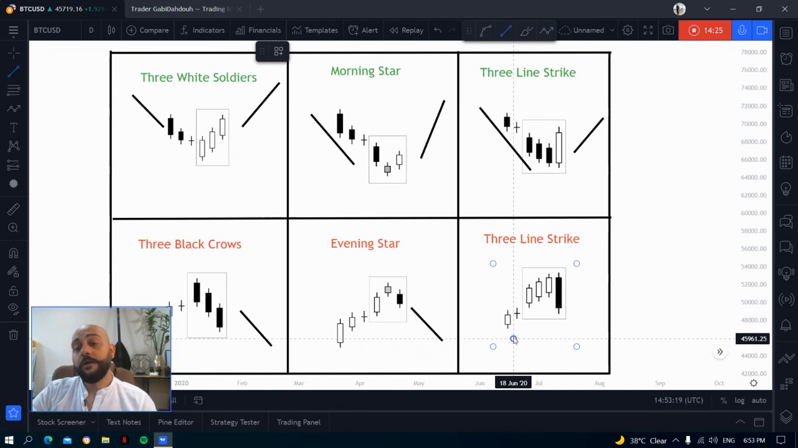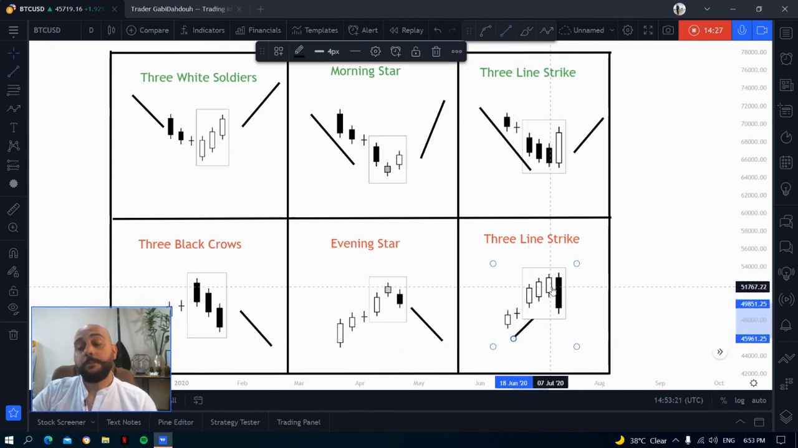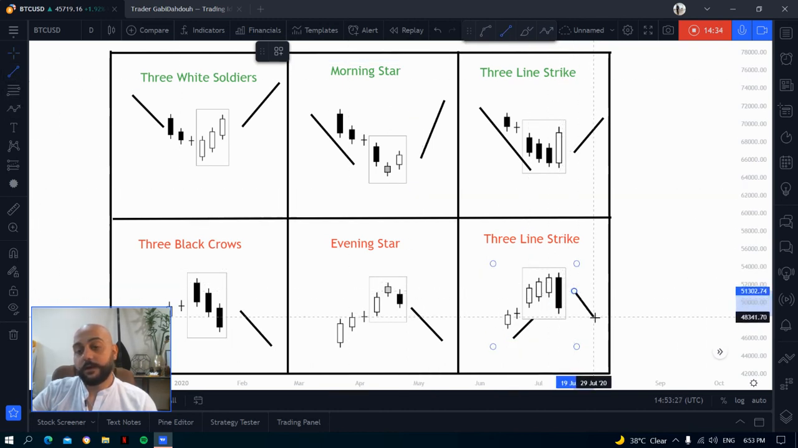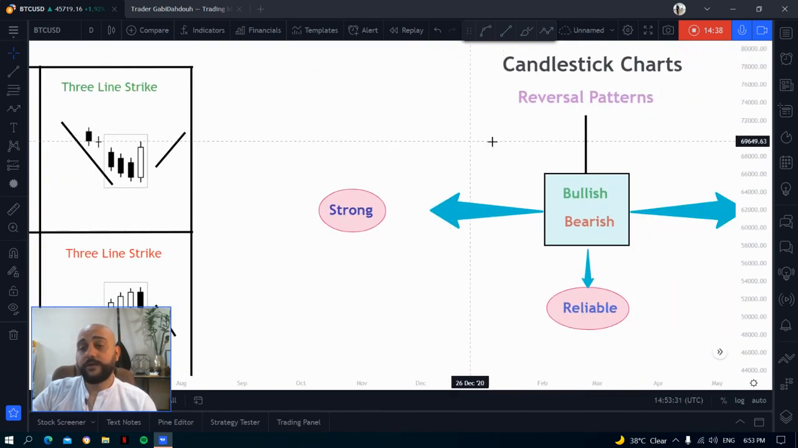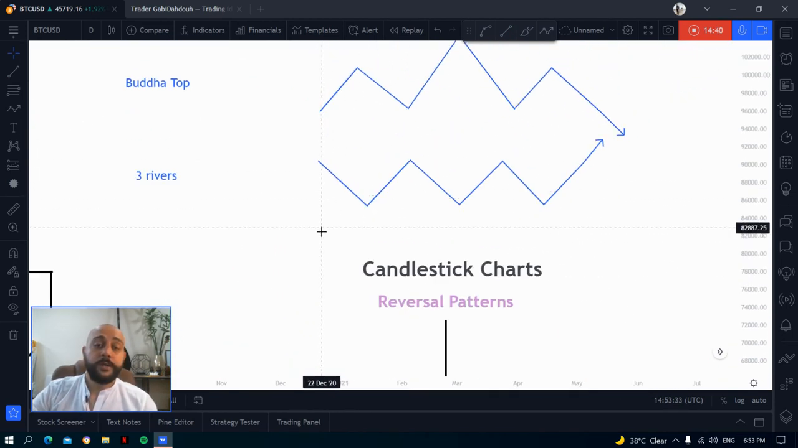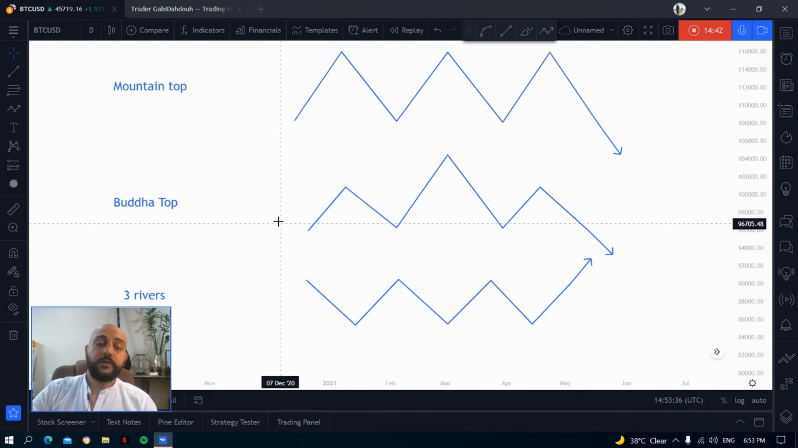Same thing here. The market is going up. We have three bullish candles, then a big bearish candle right here. This usually indicates that the market is going down. And that's basically everything you need to know about reversal patterns. But I do want to mention these patterns. These are called general chart patterns, and you can see them on candlesticks or a bar chart or anything like that. But in candlesticks, they're called